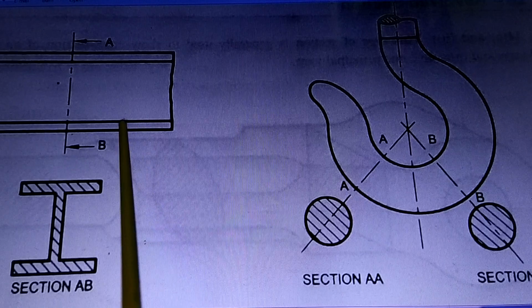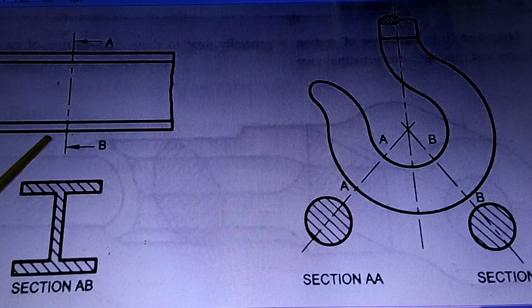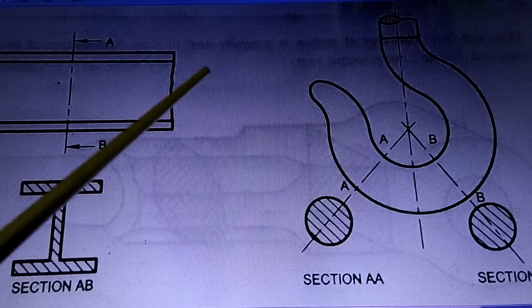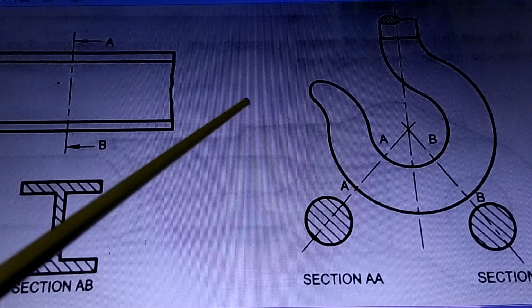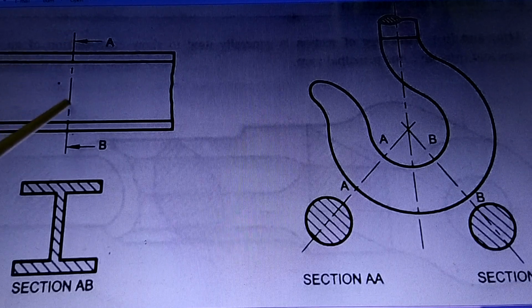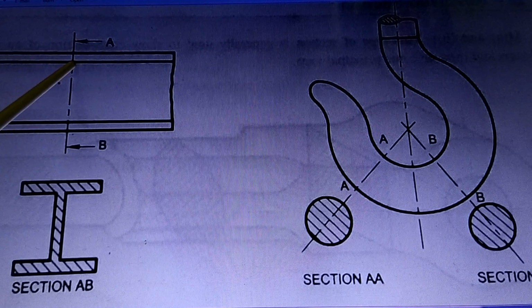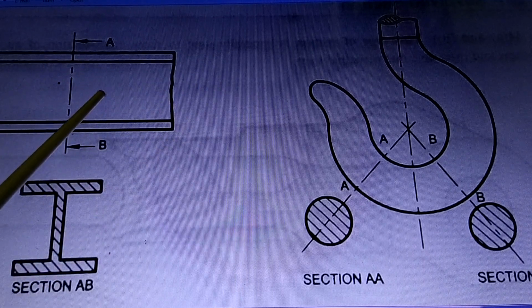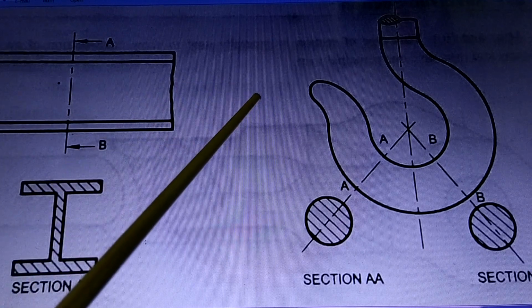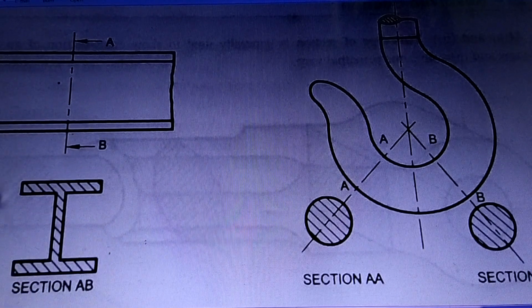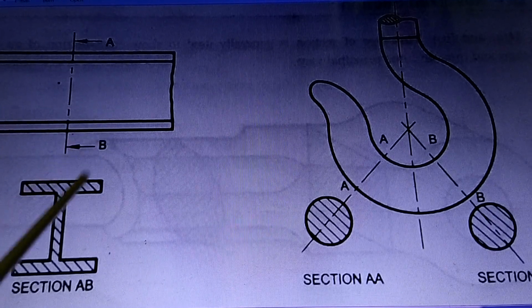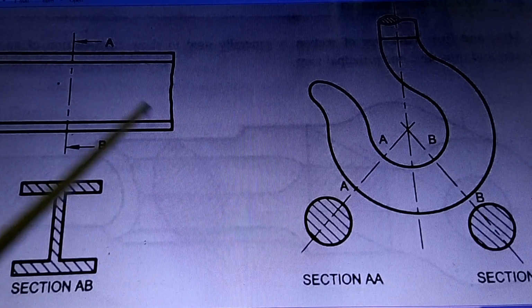Another example is here. Now this is another object which looks like this in the front view, and by these lines we are not clear what it is. So you might think of drawing the side view. But here the length is so large that you will not be able to draw the side view on the sides. So in such a case again, a removed section is drawn. So you cut it from here, and whatever is the section in this place, that means after the cut, if you see in this direction, whatever you will see, that is drawn not as a side view, but it is drawn separately as a removed section. So this is a removed section, it is removed from here. And by looking at this object and the removed section, you will come to know what this object is.